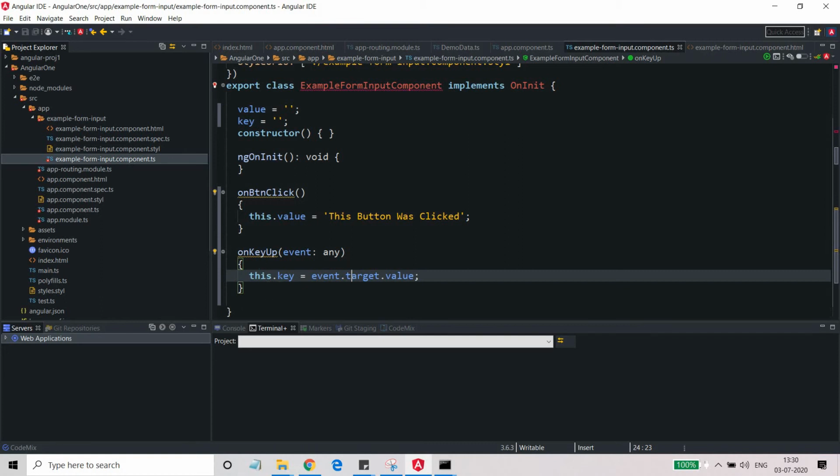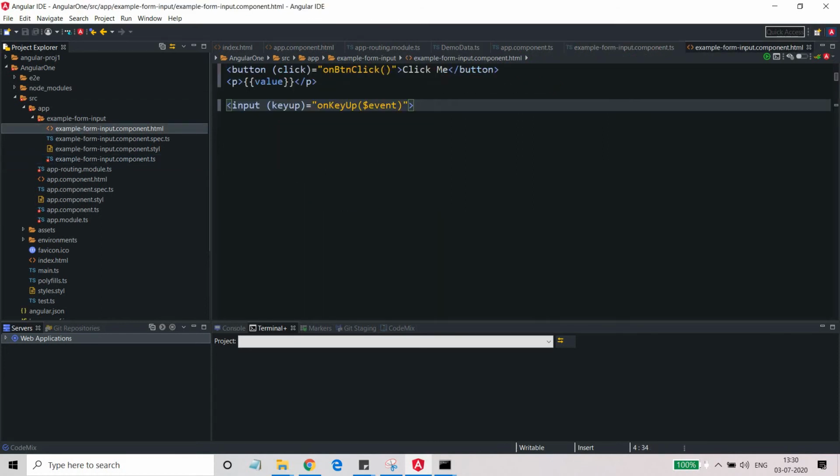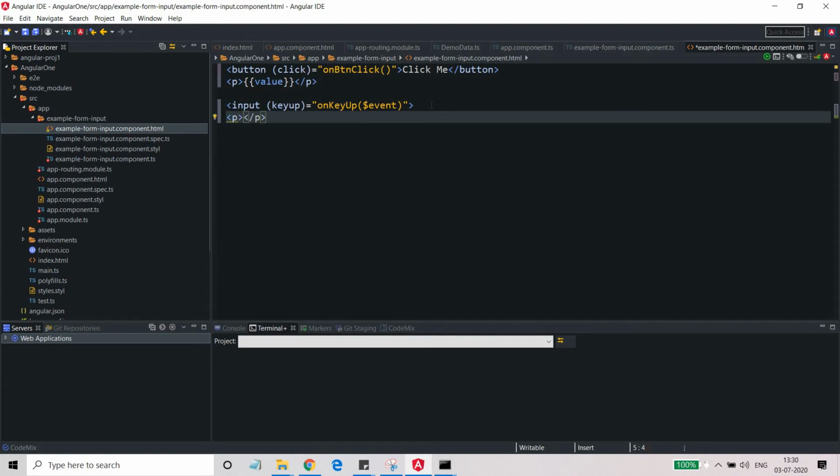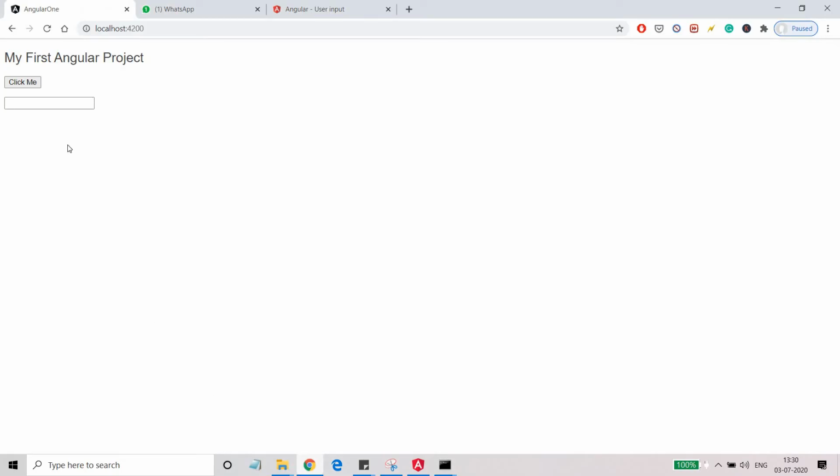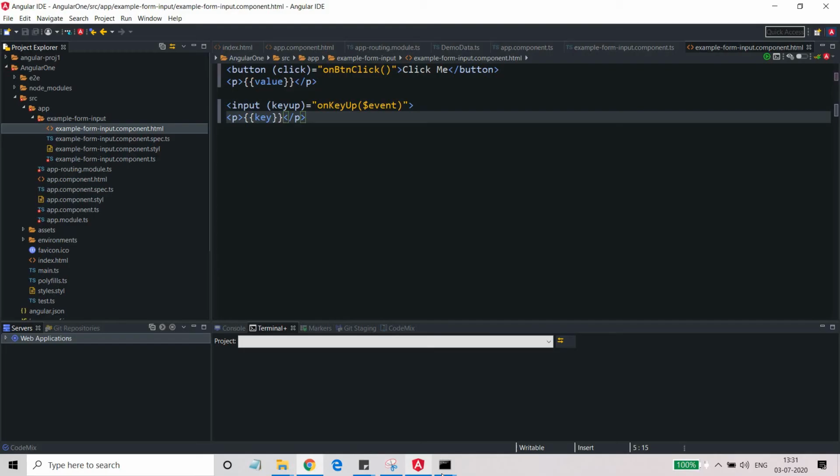So on the key up, I am providing this key value with the associated object, form object, which is an input control. So let's come here, and now let us print the value which has been provided there, and that value is key. So you will provide this value key on key up, and you have given this name. So now it should have been compiled, and let's see what we can do with this. Okay, so you can see that as soon as I am just updating it, it is able to update the paragraph as well. And you already know that it is a two-way binding in AngularJS.